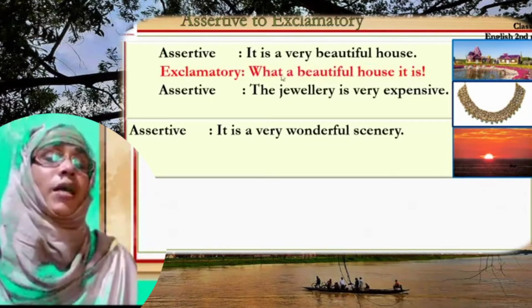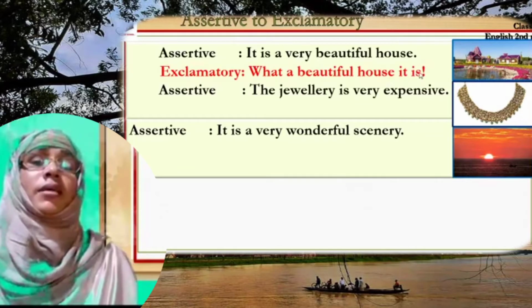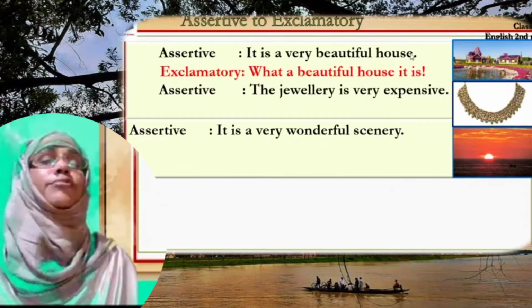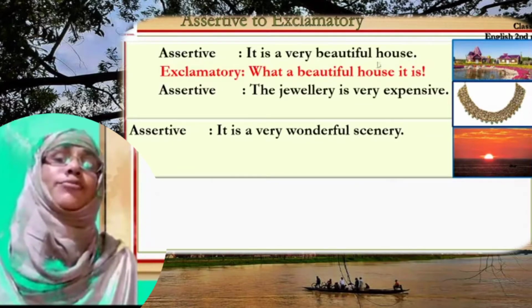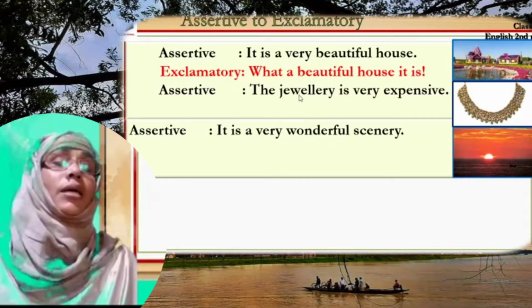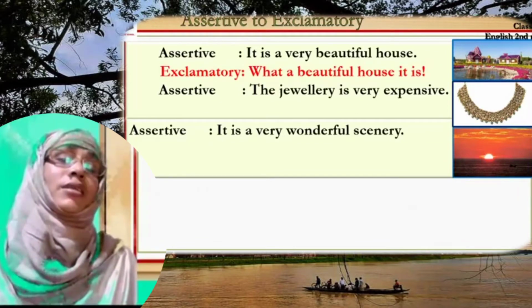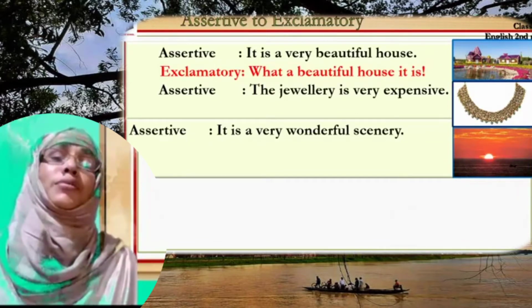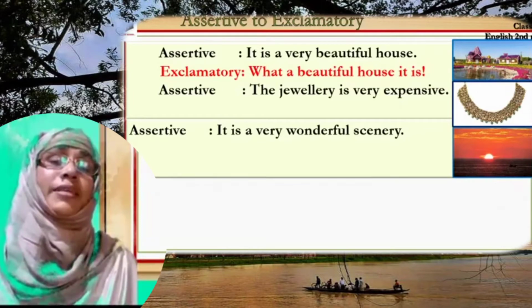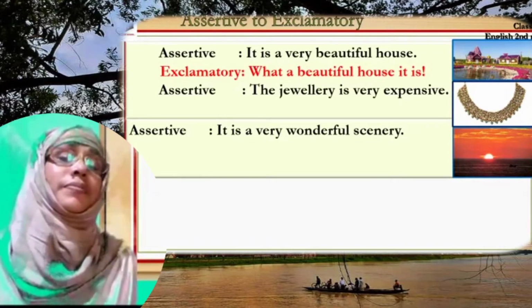What a beautiful house it is. It is a very beautiful house. এটা একটা সুন্দর বাড়ি. If I say it in exclamatory, বাড়িটি কত সুন্দর. What a beautiful house it is. বাড়িটি কি সুন্দর।